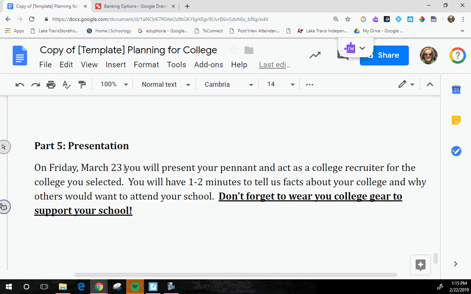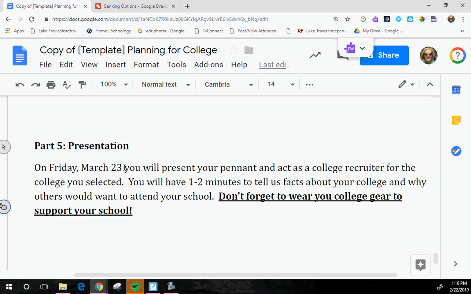Your project has to be submitted. In other words, you've got to share it with me, and it's got to be done by midnight on February 27th. So when we all come in here that next Thursday and Friday, you're going to bring your pennant with you. I may have already graded it because I'm going to start grading as soon as I get to work. I'm going to grade your pennant based on your picture, all right? So we should all be ready to go. You're going to come with your pennant, and then Thursday we're just going to draw names. Thursday and Friday, people are going to present, all right?